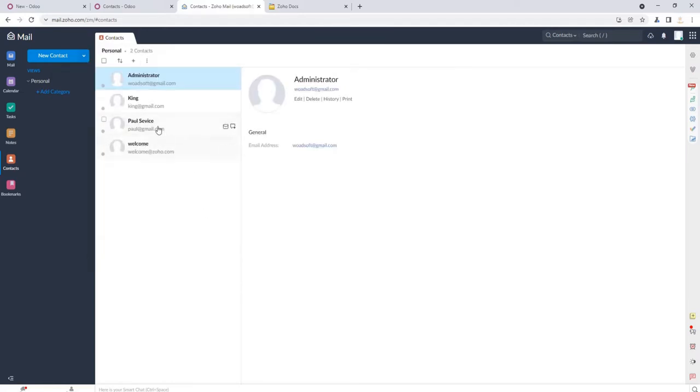The contact is created successfully in Zoho Mail. Now I am going to import that contact into Odoo.